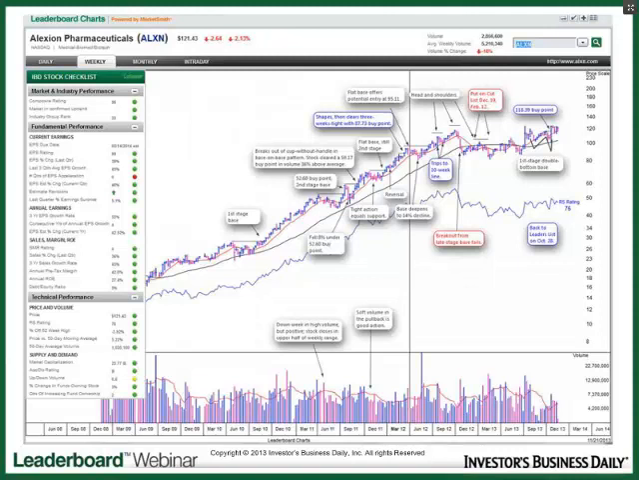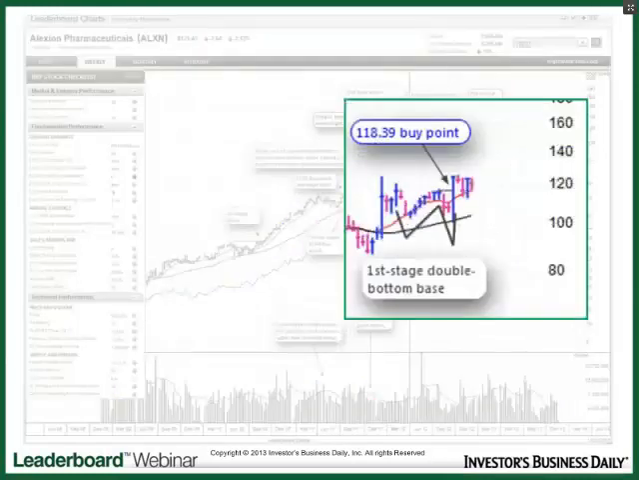So this is Alexion Pharmaceuticals, and it had a big move and then took the last year off. It undercut a prior base back at the beginning of the prior year, and so it's just been going sideways and consolidating. Let's zoom in on it a little bit. It popped up and then made a first stage double bottom base. So we love first stage bases. It's reset, so it's starting over. The buy point is just over 118, and it really ran through that around its earnings